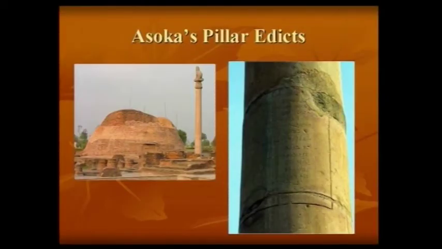Now, apart from these, we have 7 pillar edicts or major pillar edicts which are inscribed on the tall, standing, freestanding, monolithic pillars of Asoka, so famous. Similarly, there are minor pillar edicts, and the difference, once again, like the major Rock Edict and the minor Rock Edict, is the size. The major pillar edicts are longer, more elaborate in statement, and the minor pillar edicts are shorter in size. Now, apart from these, we also have minor pillar inscriptions, which are not his edicts, like the inscriptions found at Nigali Sagar close to the Nepal Terai, and